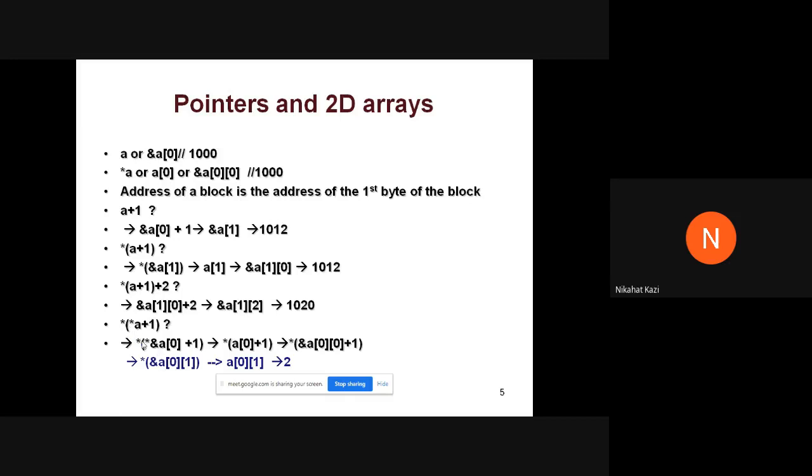So star of A is nothing but star of address of A of 0. Okay. Star of address of A of 0 plus 1. They get cancelled out. So star of A is nothing but A of 0. Okay. Star of A of 0 plus 1. What is A of 0? Array name. Array name is nothing but address of the first element of the array. So address of the first element plus 1. Address of the first element plus 1. This